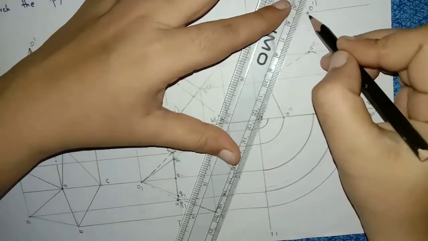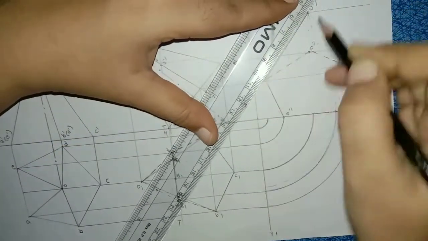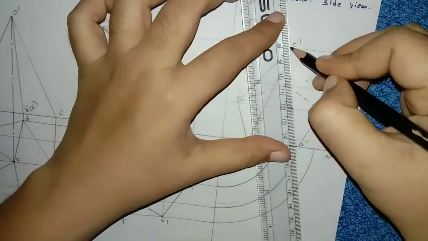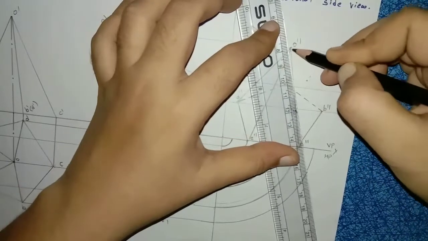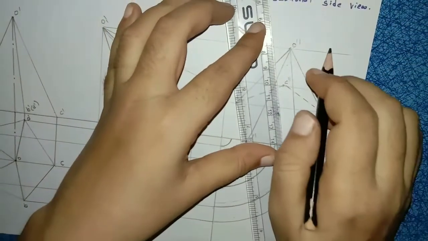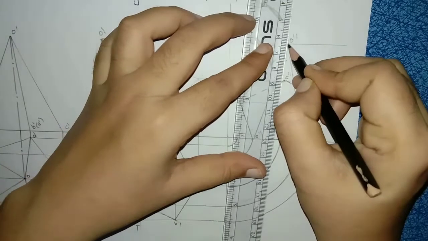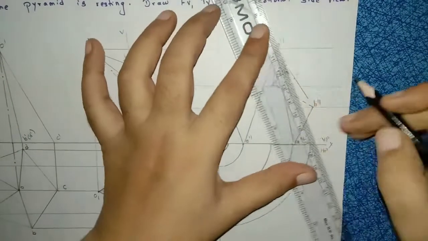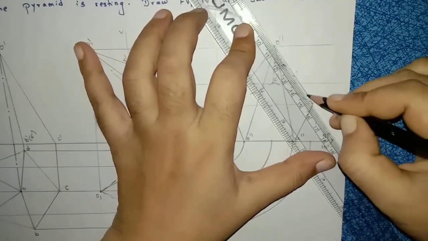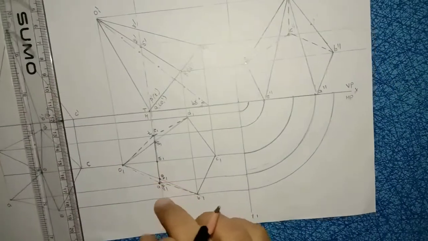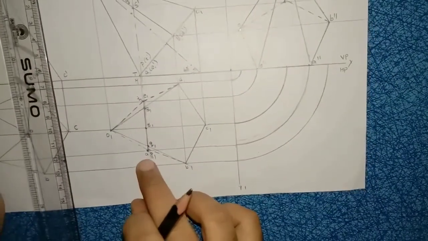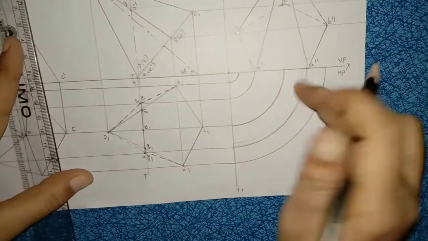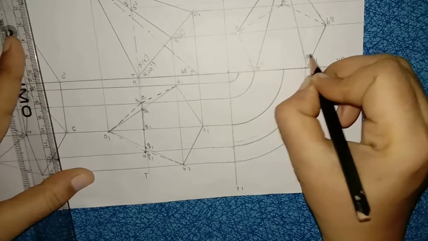Right, now join here O to D, O to E, O to A, O to B, O to C. Right, now we have marked the sectional plane which is perpendicular to both the principal planes, and these are the points. See, anyway on point A only we have written here P1. So on point A only we will write here this is P double dash.